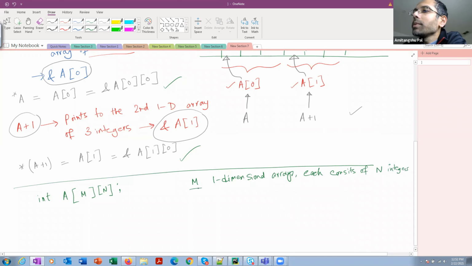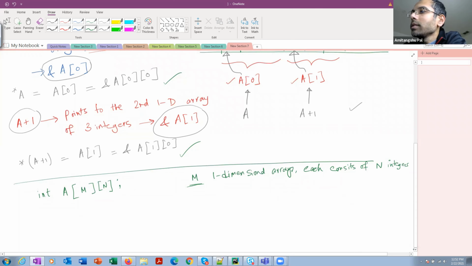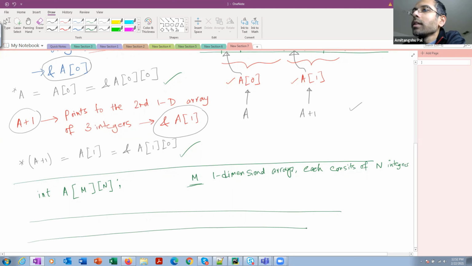So these m one-dimensional arrays will vary from A0 to A(m minus 1), right? So if I draw this, it consists of m one-dimensional arrays. That means the first one-dimensional array is going to be A0. It will consist of n integers. The second one-dimensional array is going to be A1, and in this way, right?